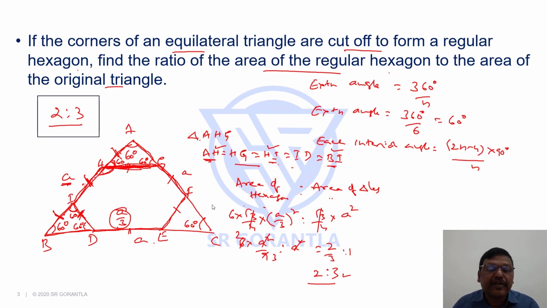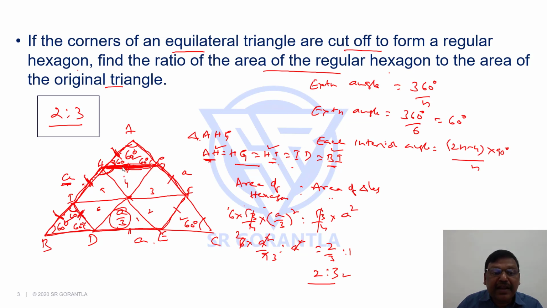Another way of explaining this will be, students, you know, this is an equilateral triangle, this is an equilateral triangle, this is an equilateral triangle. And you know the side of this small triangle and side of hexagon is same. And you know hexagon can be divided into 6 equilateral triangles. Why we get the formula of hexagon as 6 into root 3 by 4 into side square? Because a hexagon can be divided into 6 equilateral triangles. 1, 2, 3, 4, 5, 6. So hexagon is 6 equilateral triangles, and the side of this small triangle here and this is same.